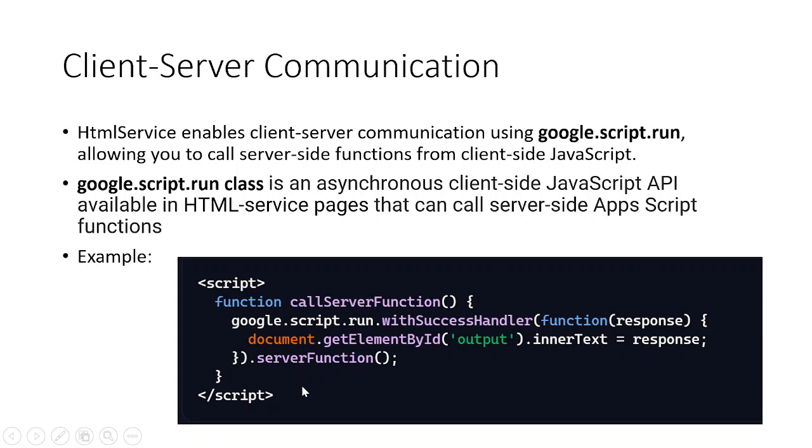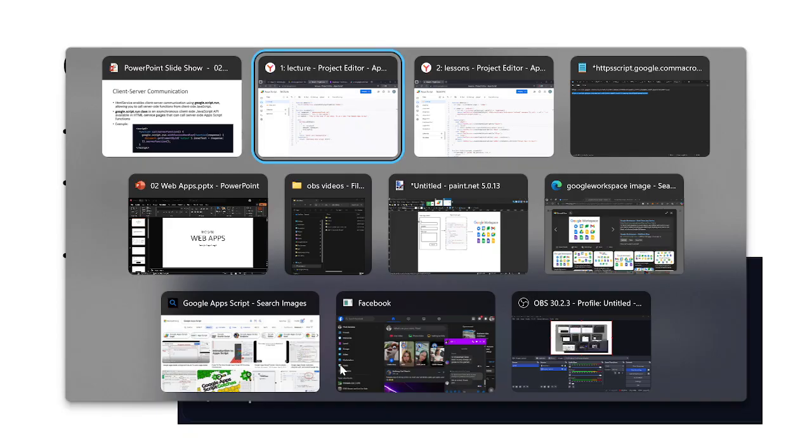file. Okay, but take note, if the function that I'm calling from the server is void, it is not going to return anything, so I'm not going to have the withSuccessHandler anymore, but it would only be google.script.run, then the name of the server function. Okay, so for example,